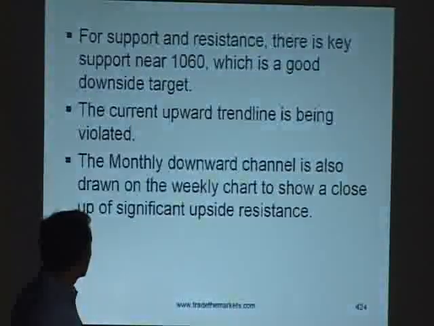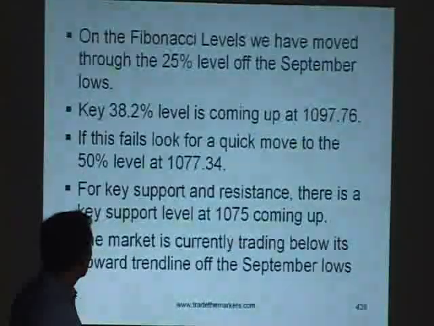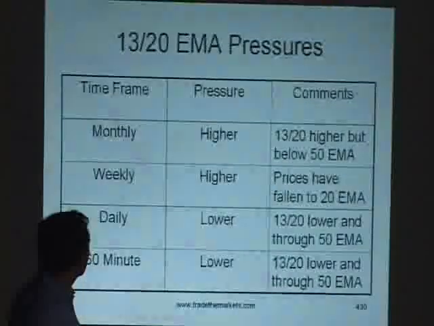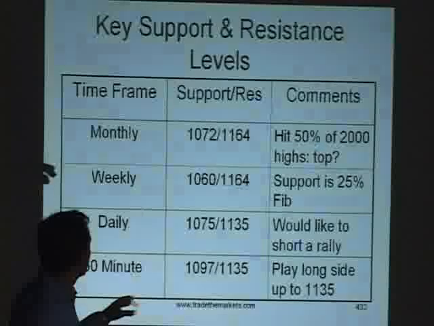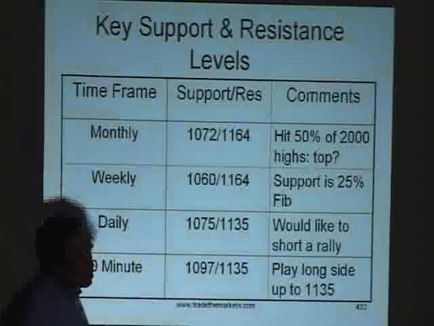Okay, I've kind of just talked about this. The point of all this is you can put together a little chart and just see where, I'll show you here. The whole point of doing this is I can go through this in 15 minutes and I'm looking for confluence. Are we coming up next to a trading channel that also lines up with a key moving average that also lines up with the Fibonacci level? That kind of thing. Because what I found is that on a swing trade basis and on a day trading basis, the highest probability setups tend to happen when you get a confluence of different things